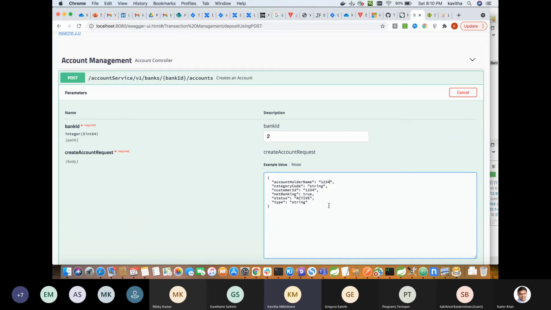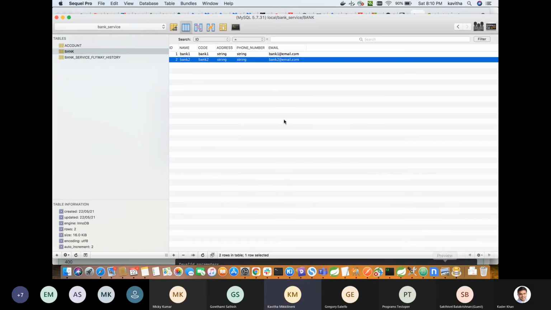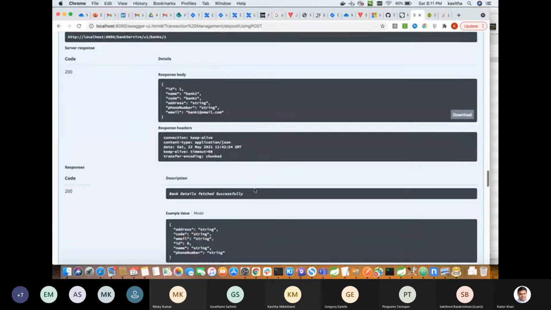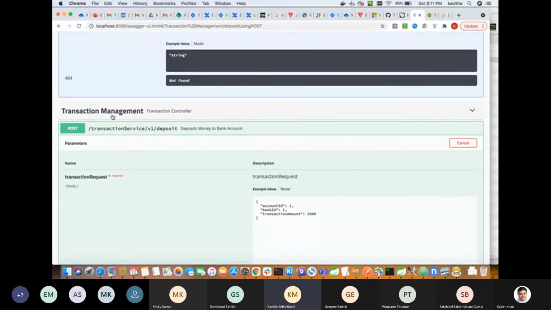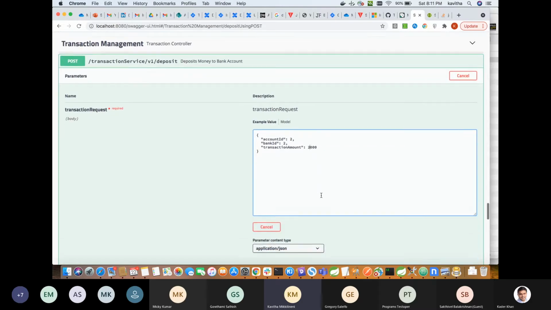few details for this account. Okay. So here also it got inserted, whatever I have done now. So for this, I'm going to add some balance. So we have an API to add the balance. This is what we are calling transaction management. So basically, if I get a debit into my account, that is the scenario here. So the account ID is 2, what we created now, the bank ID is 2. So I'm going to add some 2000 rupees to that.